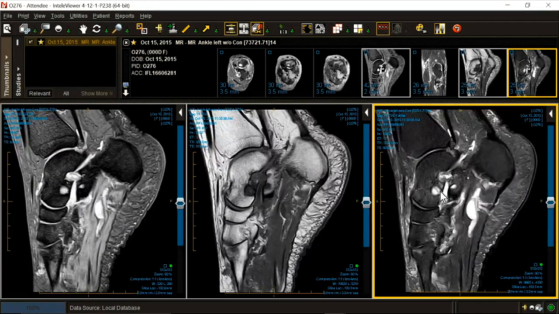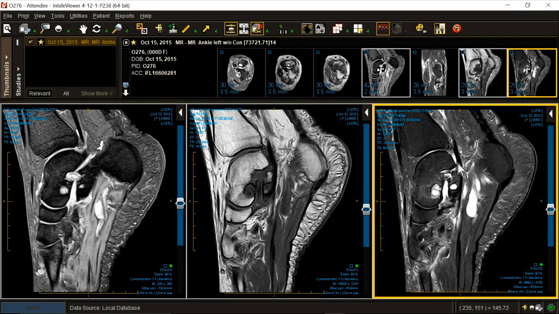Flexor hallucis, it's intact. Now, the hallucis is a little bit like the flexor of the shoulder, the biceps flexor. The biceps sheath communicates with the shoulder joint. So when you have fluid, if it's going to decompress, it'll decompress into the biceps. Sometimes it becomes symptomatic, as in adhesive capsulitis. In the foot, if you have fluid in the joint, it'll decompress into the flexor space around the flexor hallucis